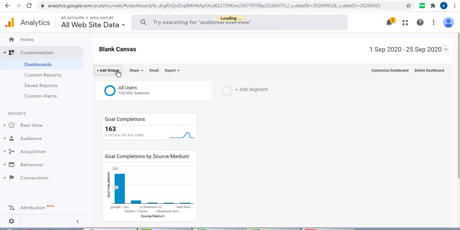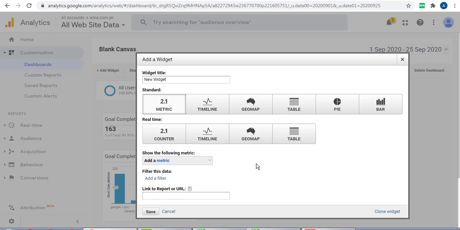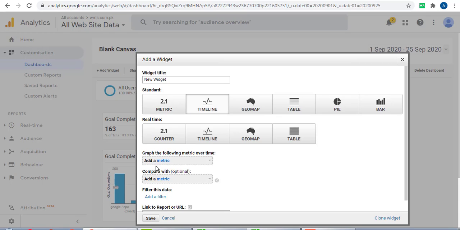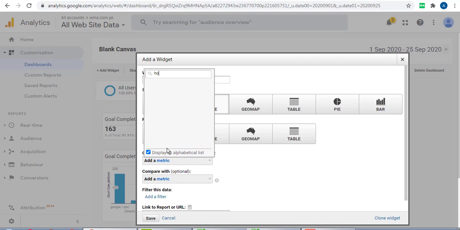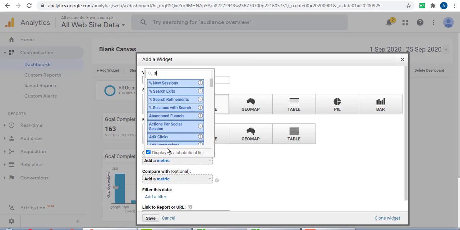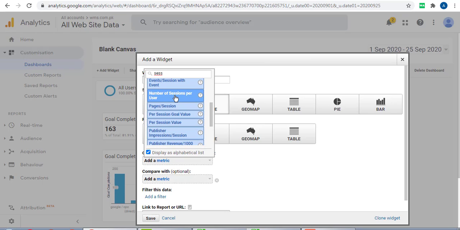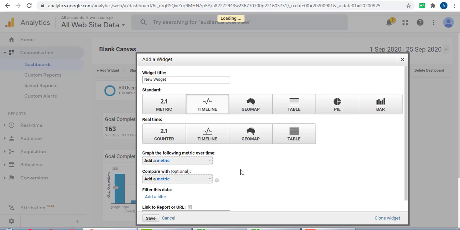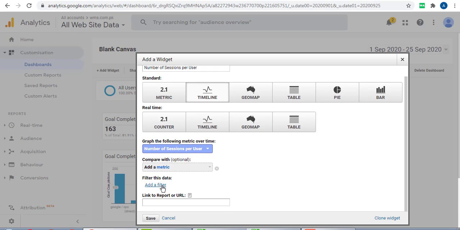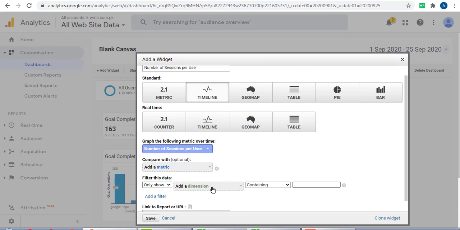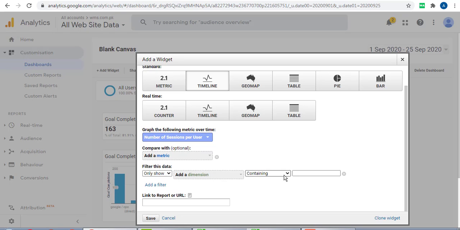Now we can add a new widget, and we're gonna add timeline, and we want to see what was the traffic by hour. So we're gonna go and select timeline. We're gonna select total sessions, number of sessions per user, and inside the filter we can select only show